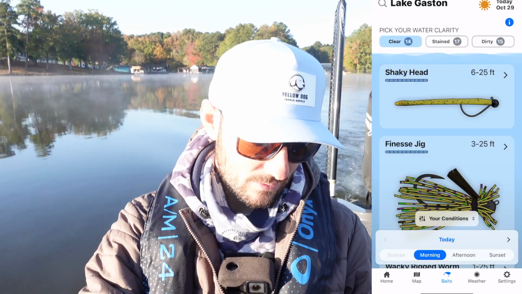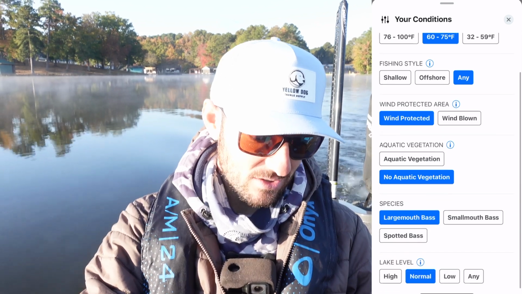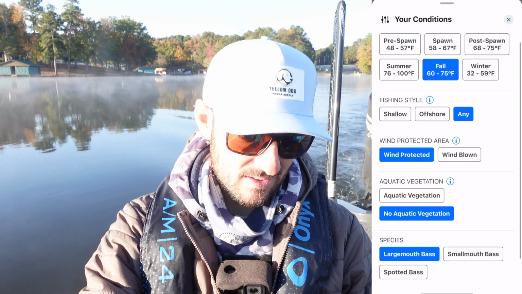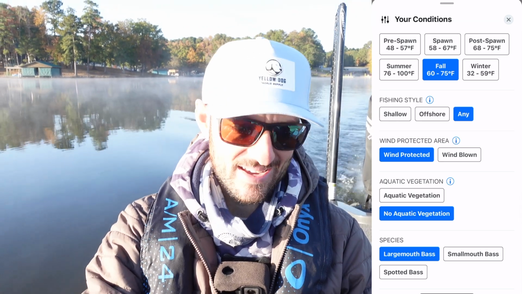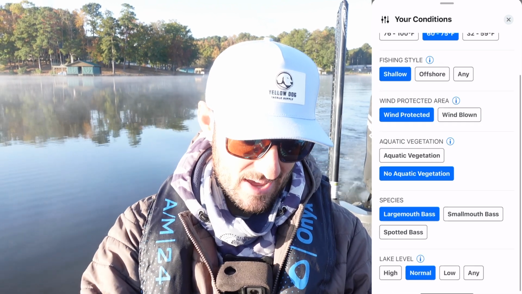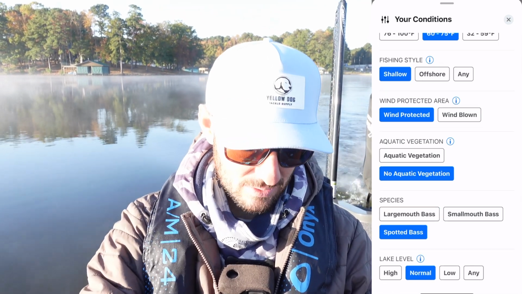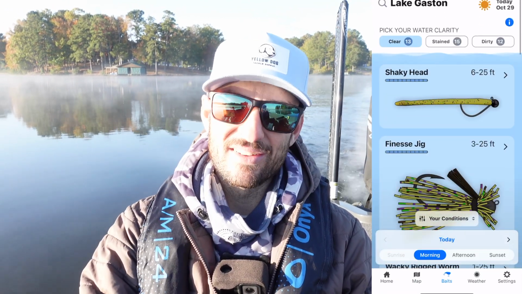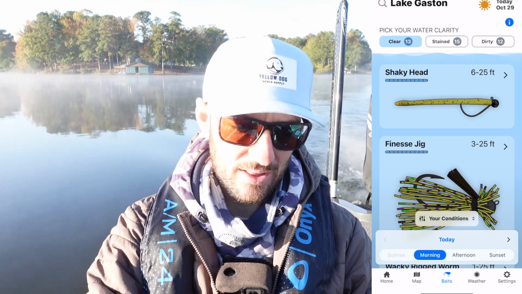And then when we go to conditions, you can do it by species, and then you can do it by fishing style. Right now it's set to any, but we're going to start shallow today, so we'll move it to shallow. And I want to still target spotted bass, so we moved it to spotted bass. And now, once it loads here, it'll give us the top baits to be throwing shallow for